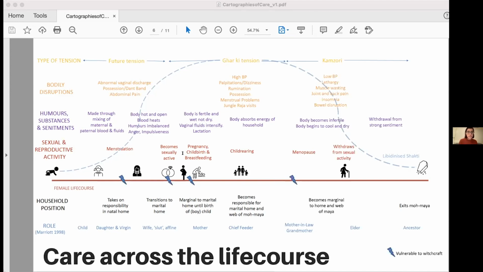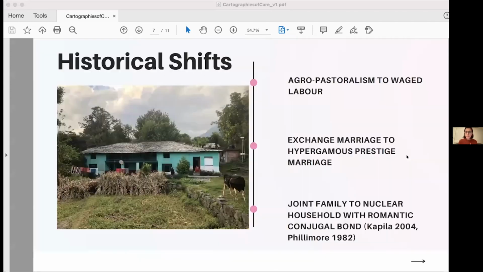When these relationships were off kilter or strained, women felt tension in their bodies as weakness, somatic symptoms, or various forms of affliction that I delineate in my thesis. But more importantly for us here today, I think the meaning and structure of care has changed really rapidly over the past century as this community moves from agropastoralism, being shepherds, to petty wage labor in tourism, hospitality, and slate